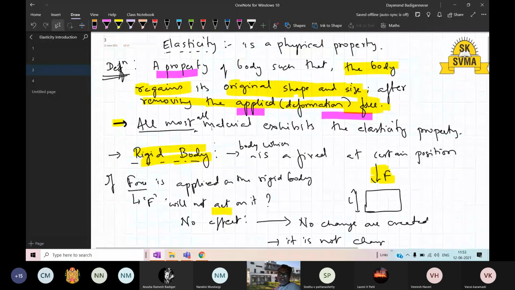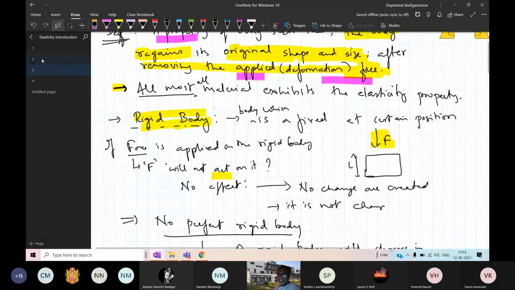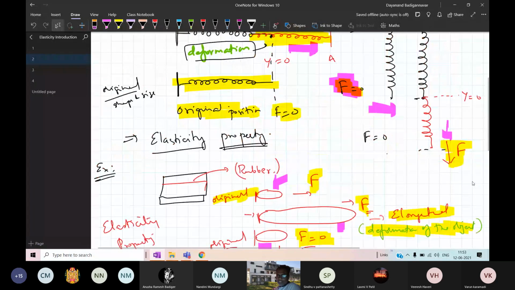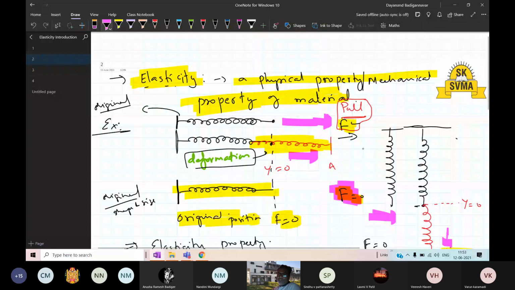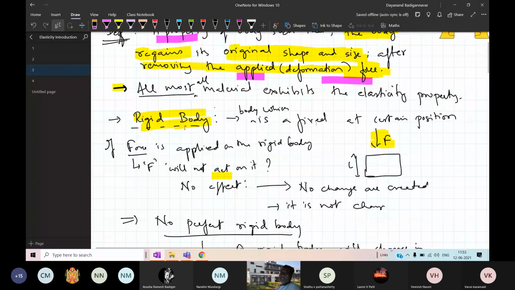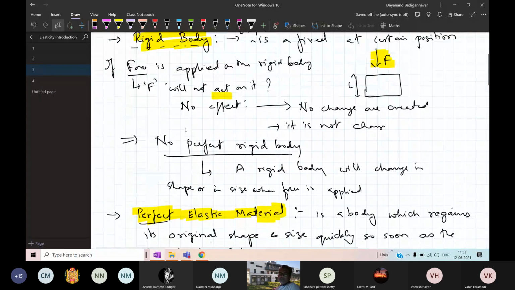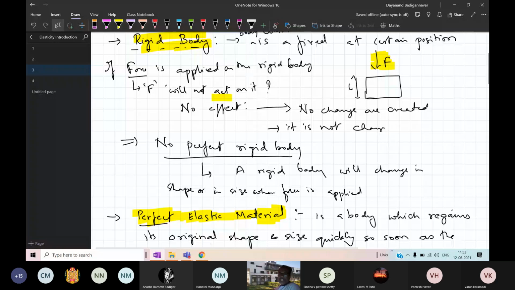Under the influence of an applied force, look at this, this is the applied force F, there is a deformation in the body. Deformation means change in the shape of a body. Therefore the force is also called the deformation force. Applied force or deformation force mean the same. A rigid body is one for which the dimensions are the same; they do not change when a force acts on it.